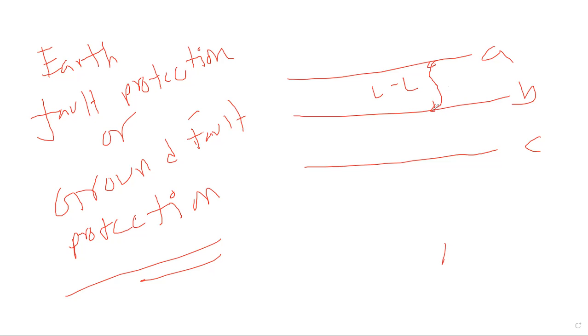Now, for example, if one line falls into another line and it is grounded, then we call it a double line to ground fault, right? So now we can call it an earth fault or ground fault, because the fault is directly involved with the ground. Even if these three windings, three phases, are somehow connected to the ground together, we call it an earth fault. So the definition of earth fault or ground fault is very simple: any kind of fault that is involved with the ground is simply called an earth fault or ground fault.